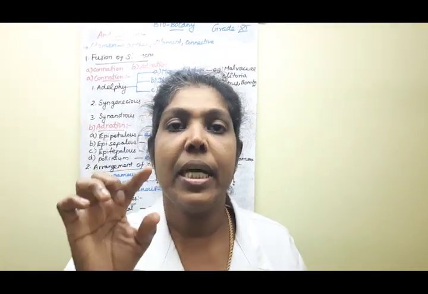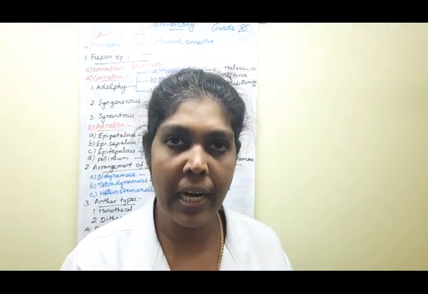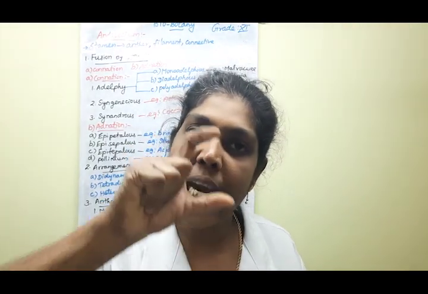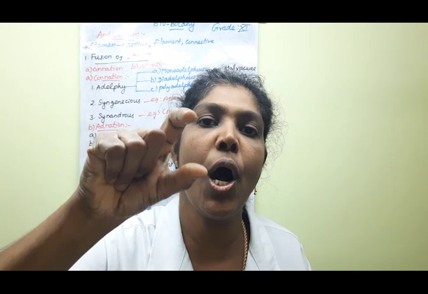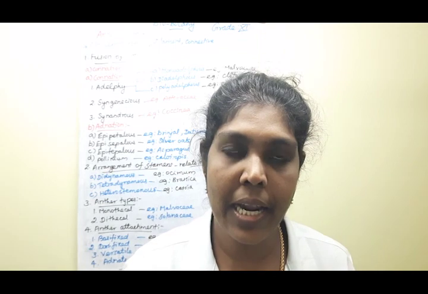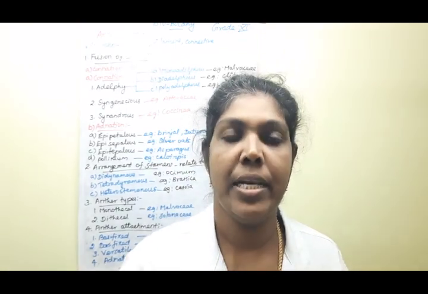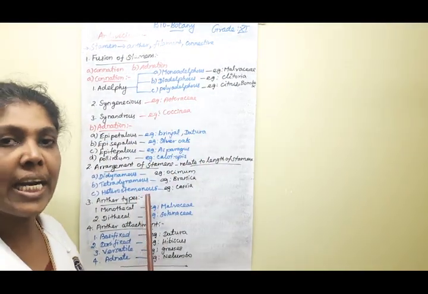Next one, tetradynamous. Tetradynamous means, all of you listen, out of 6 stamens, 4 stamens have filaments of equal length, children. Clear? Then the remaining 2 have very short filaments. That is called tetradynamous. A good example of the specimen is Brassica. Clear? Understood? Say yes or no? Yes.